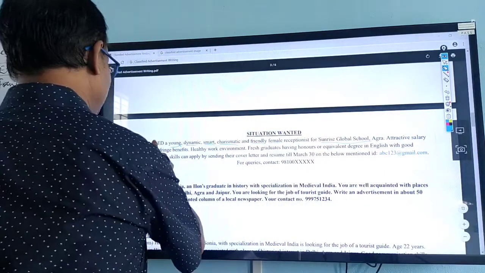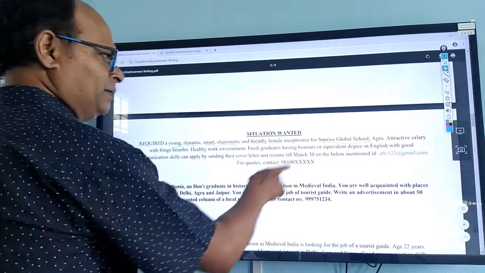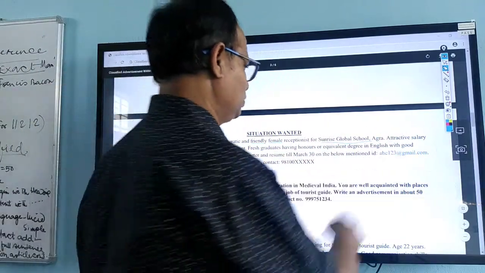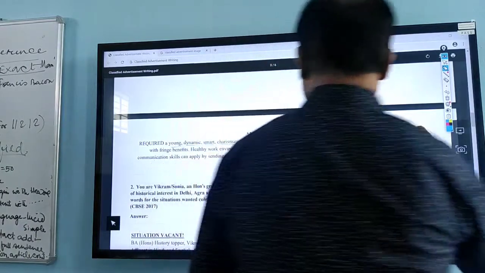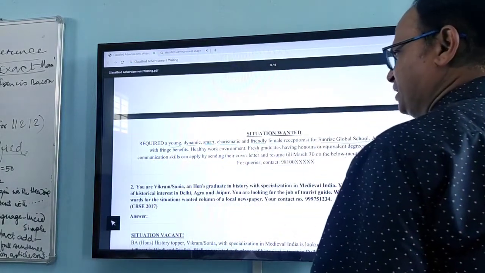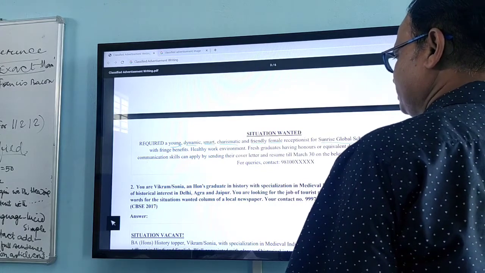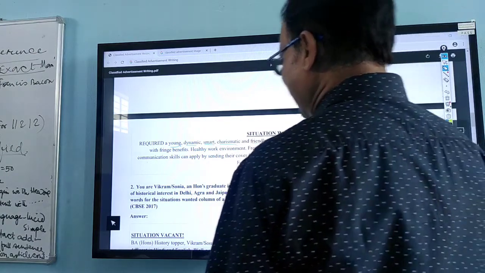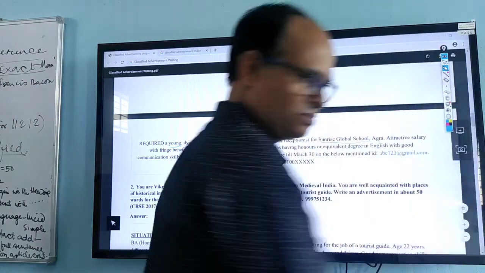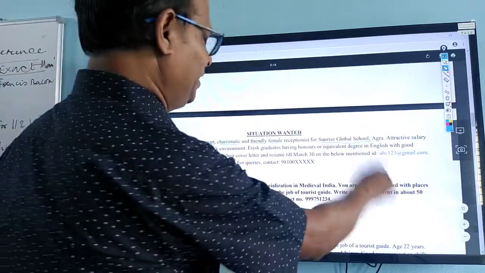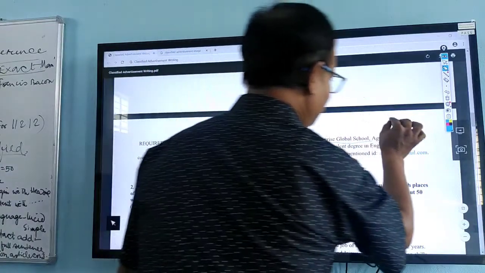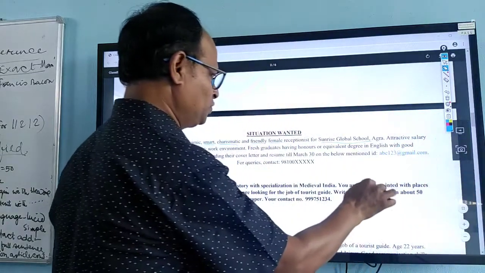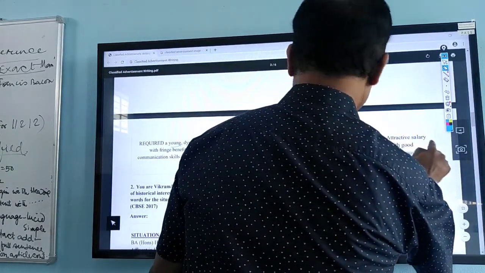Attractive salary with fringe benefits, means what you are giving. Before that, here you can add some other points also. So you can write class 10 or class 12 pass, age between 25 to 30, and having experience will be given preference. When you are adding this part, then it will be attractive. Alright, you are telling about his qualification, and then experience. After that you write